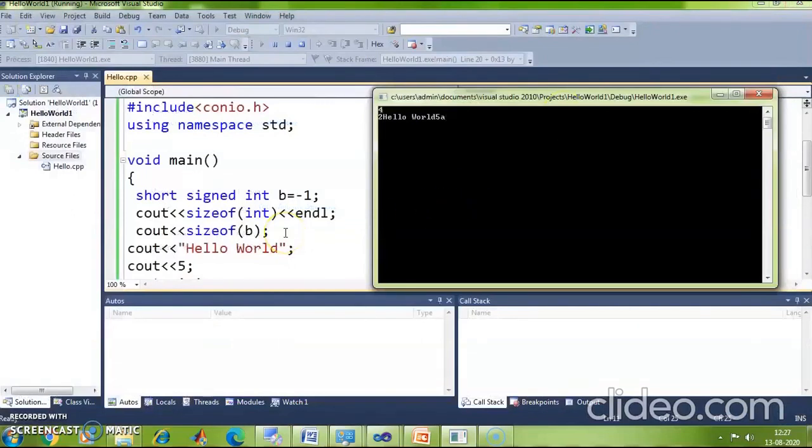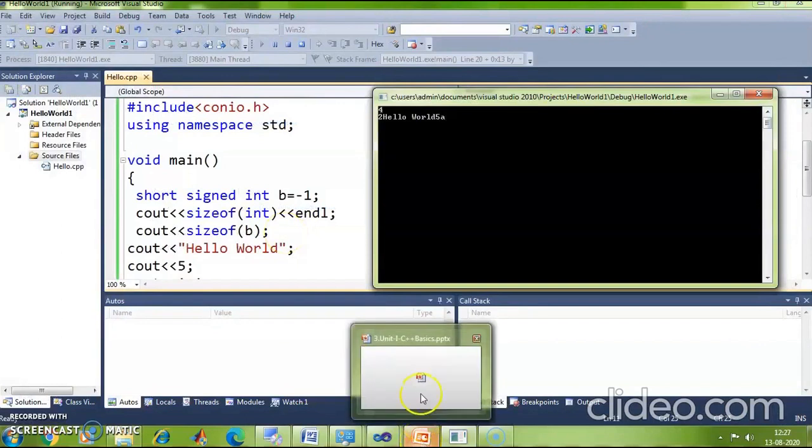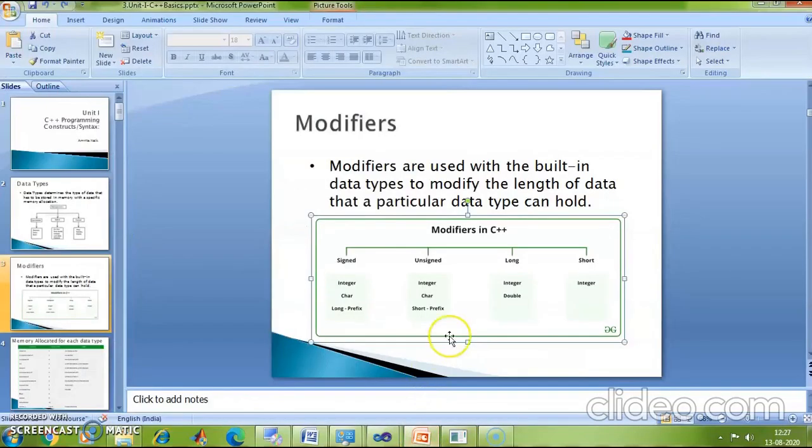Okay, fine. Now coming to the next modifier, the unsigned modifier. The unsigned modifier is used to represent all the positive values of a number. This unsigned modifier can be used with the integer or character data type.